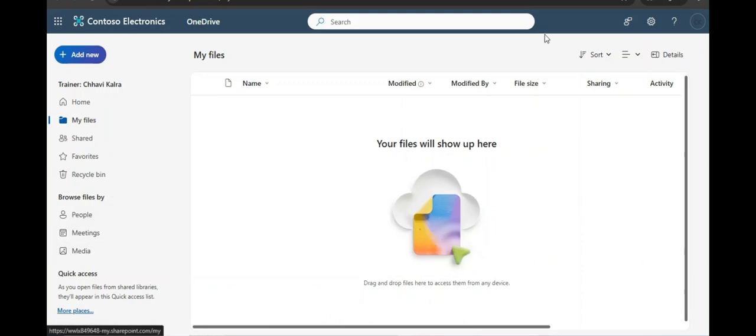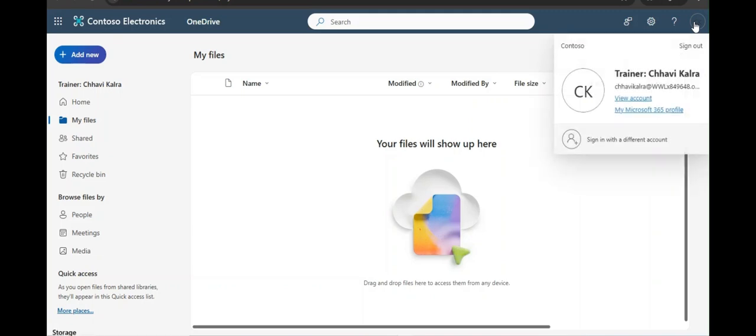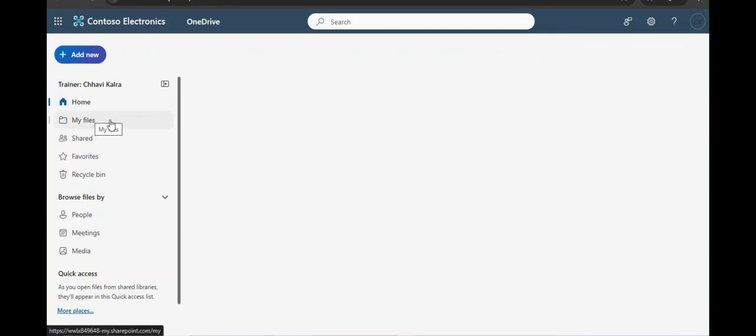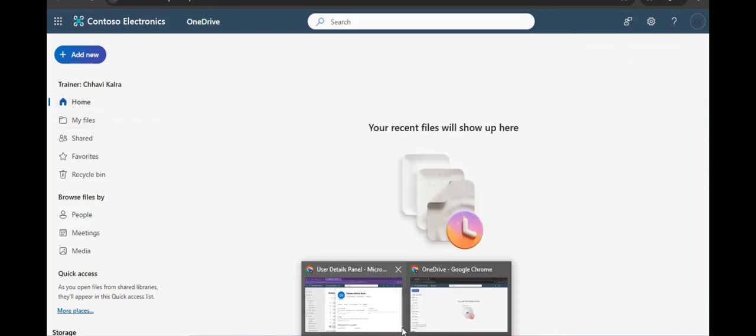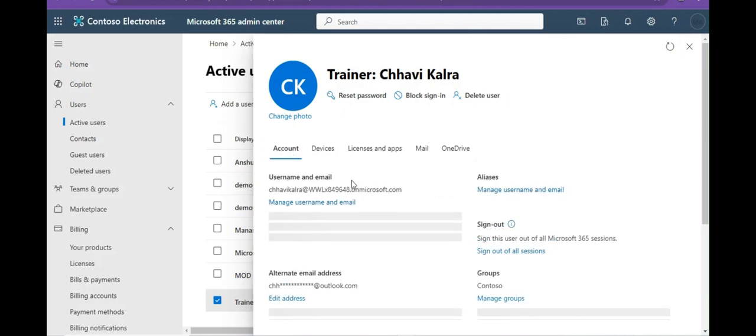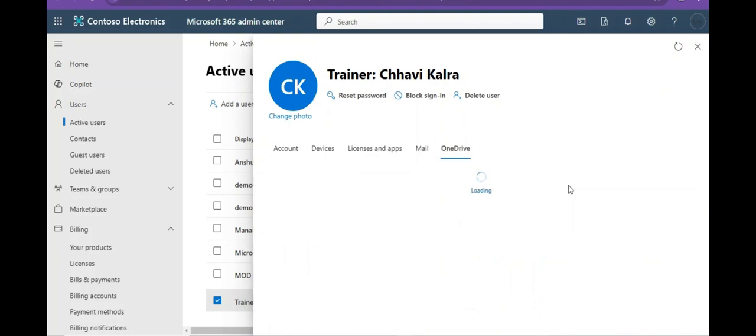Now we will see how to migrate OneDrive data. Right, guys, please observe I am on my target account here, and my OneDrive is completely empty. We can also observe this here in the admin center. This is my target account, and my OneDrive here is completely empty. So we don't have any data here,